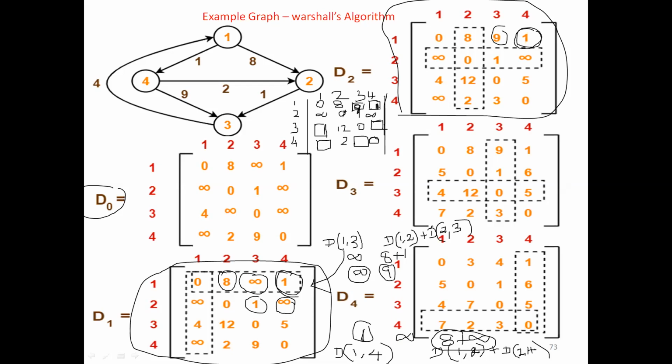So like this, we have to update all the cells in the adjacency matrix. When you take D3, what will I do? I should consider the third vertex as the intermediate vertex, and I have to keep the third row and the third column as it is from the D2 matrix. When I draw D3, I will take the D2 matrix as the input. I will retain those values as they are.